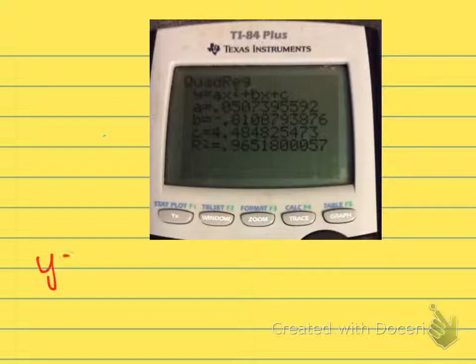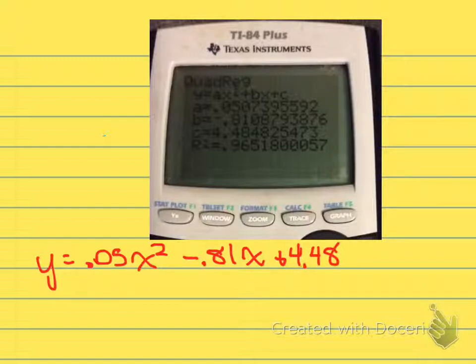This is going to be more complicated though because it is a quadratic regression. So we're going to have ax squared plus bx plus c. So this is going to become y equals 0.05 x squared minus 0.81 x plus 4.48 with an r squared value of